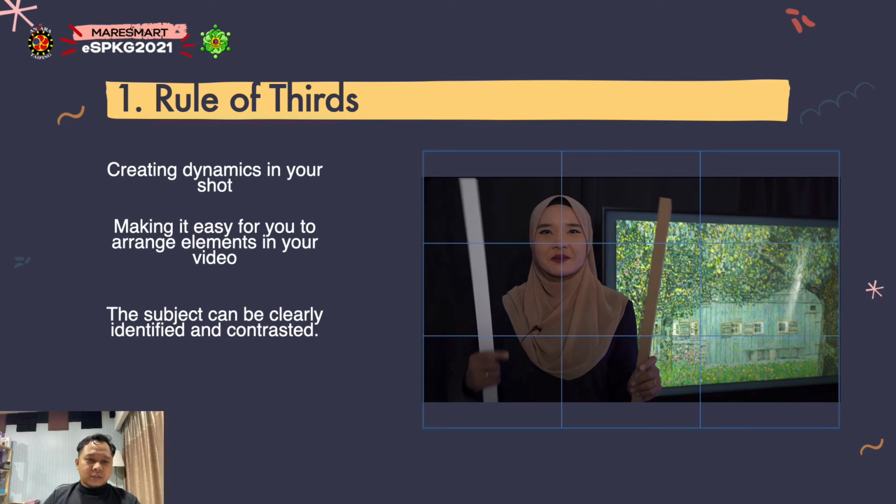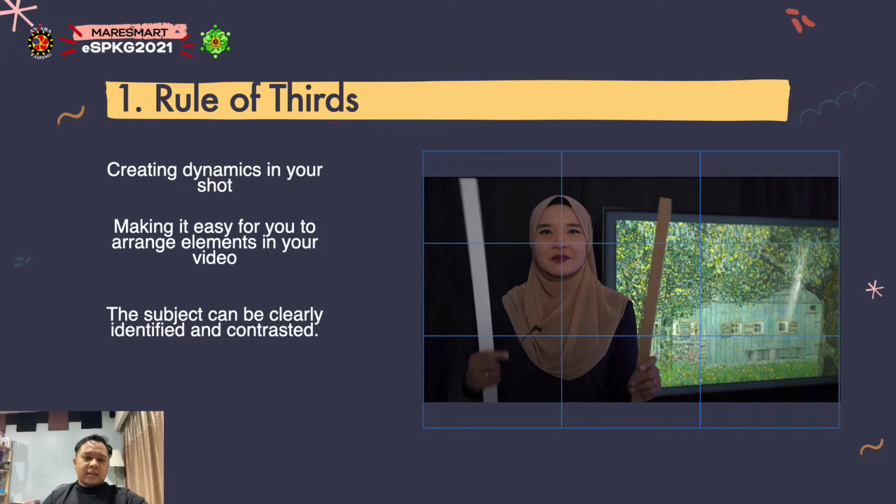So first is the rule of thirds. The rule of thirds creates dynamics in your shot, and makes it easy for you to arrange elements in your video. If you see the slide, you can see one of our editors, Maya. She is holding the Samsung Frame, the detachable frame.